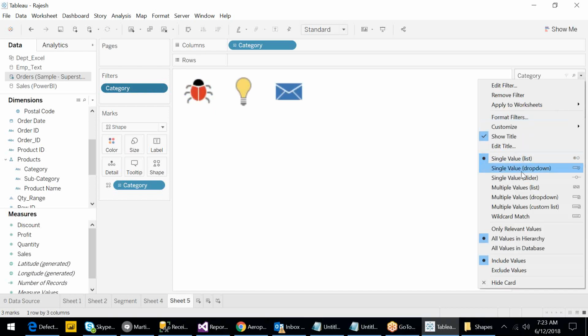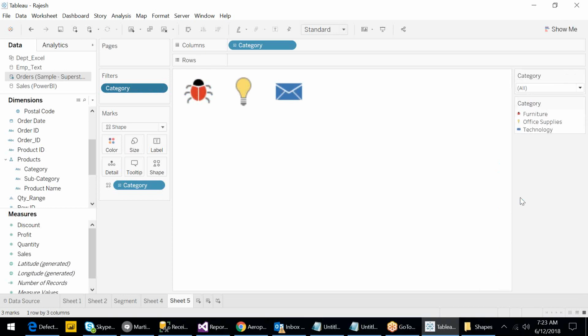So just go through all these options. So this is the shape option and the filter option, and pages you can ignore, because